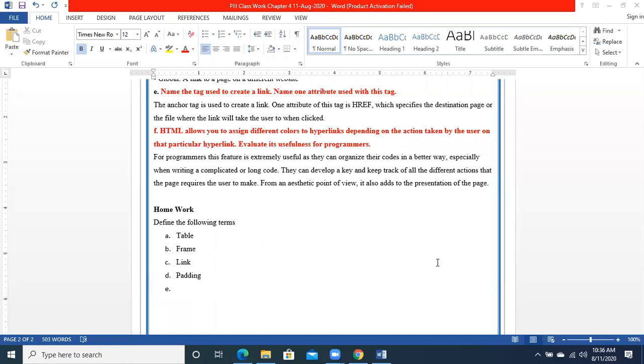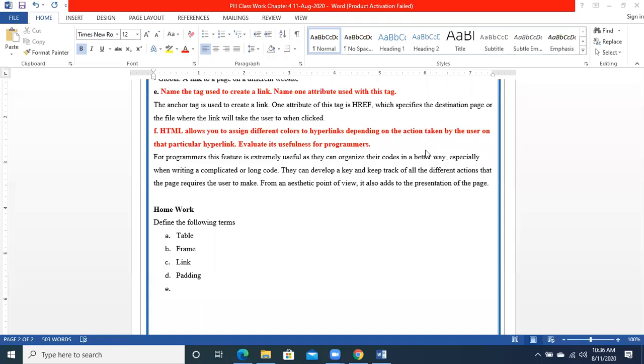We have less time. So the anchor tag. The anchor tag is basically used to make links, and there is an important attribute for the anchor tag. Please look at the book.